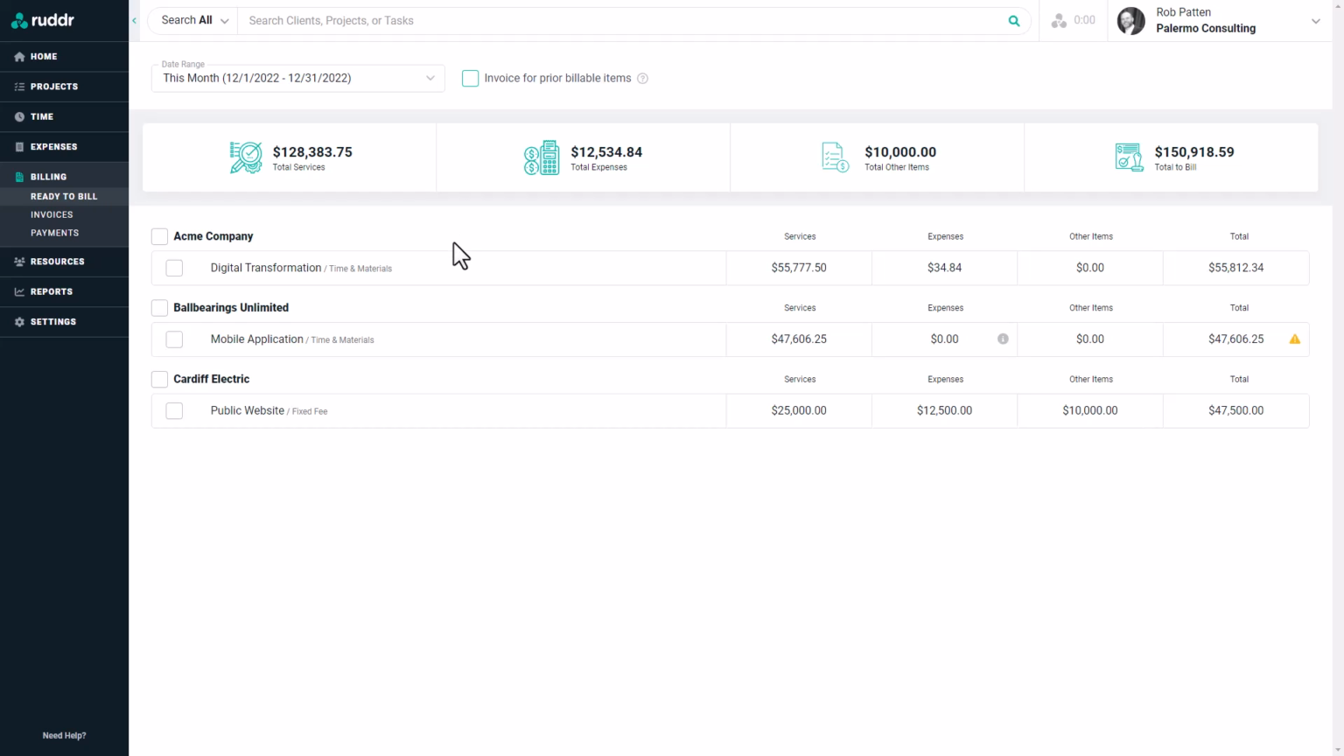We can see that for this mobile application within Ball Bearings Unlimited, we have a couple of icons. First, we have this yellow warning indicator. That tells us that some of the time entries associated with this services revenue have not been approved. This informational icon here in the expenses cell tells us that we've got one non-billable expense for